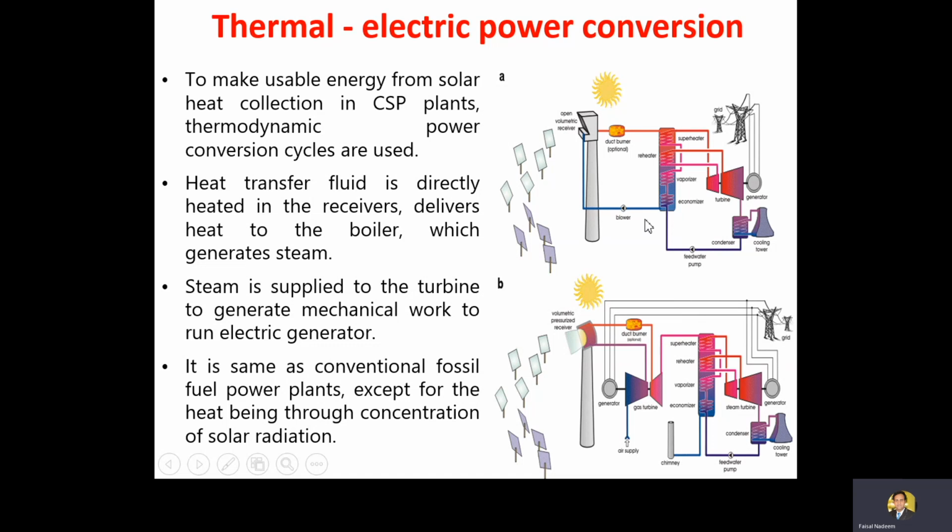So this is the thermoelectric conversion phenomena, which is basically much related to the steam power plant, but a thing that is different here as compared to the steam power plant is the working fluid. In most of the steam power plants, we generally use water as a main working fluid and water to be converted into the steam. But here in the solar thermal power plants, mostly we use any other type of working fluid, for example, oil, any molten salt, as a basic working fluid, and then that working fluid